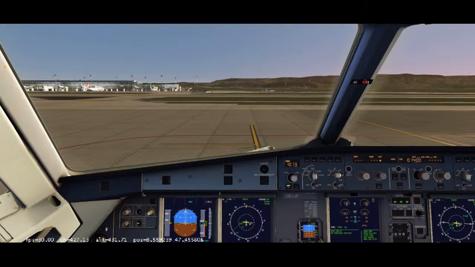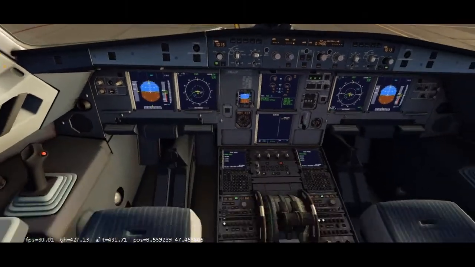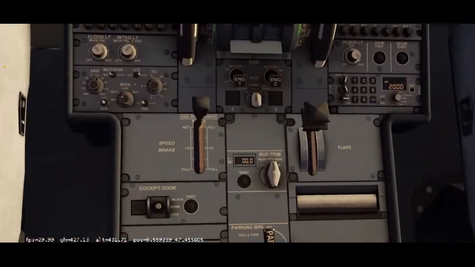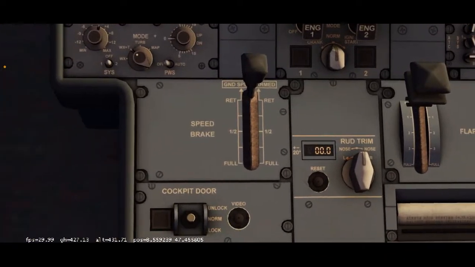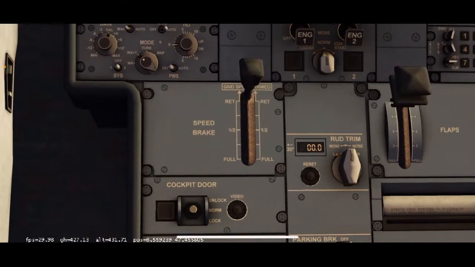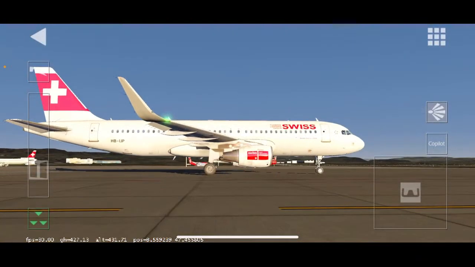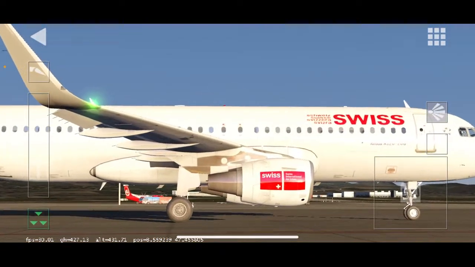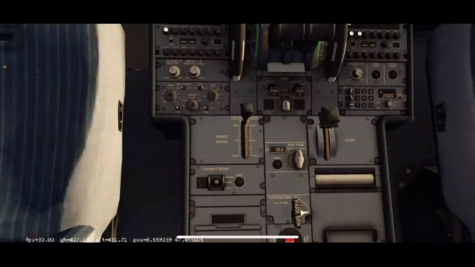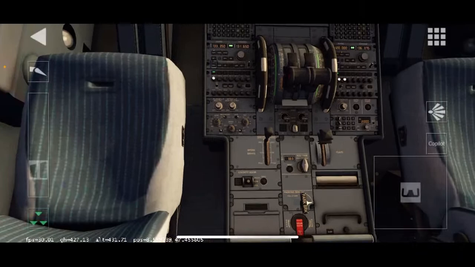Javon says, what happens when the speed brake is armed? Good question. So basically down here, here's your speed brake. I'm not going to arm it right now because we don't. Well, actually, we will arm it because we're going to be taxiing. But basically, let me go on the outside. When those wheels touch down on the ground, the plane will sense that it is on the ground, and those flaps will go all the way up.